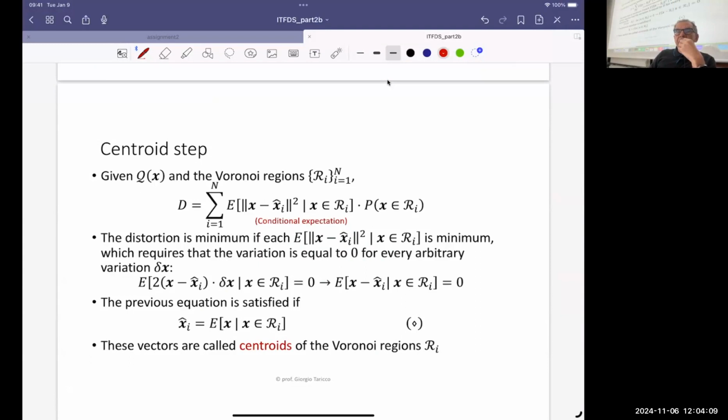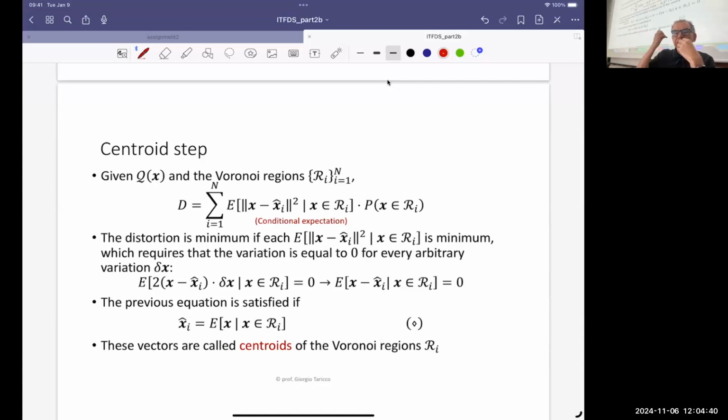Inside the Voronoi region, we find the quantization point. Initially, we start from the quantization point and we define the Voronoi region. But in order to minimize the distortion, we can move the quantization point inside the Voronoi region in order to